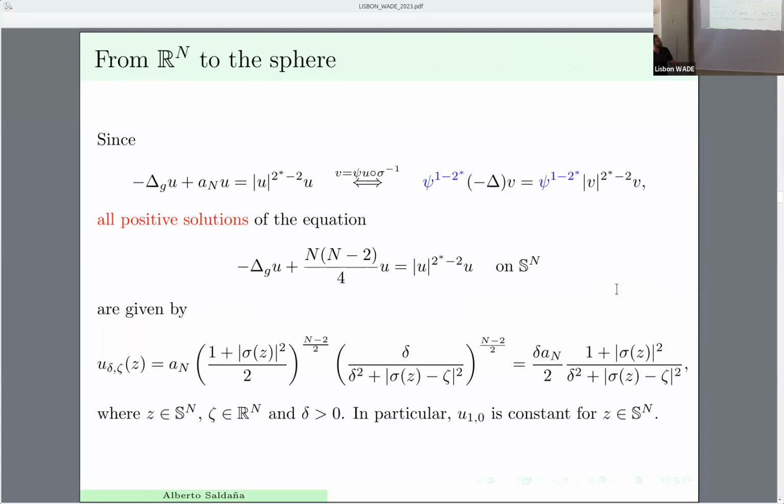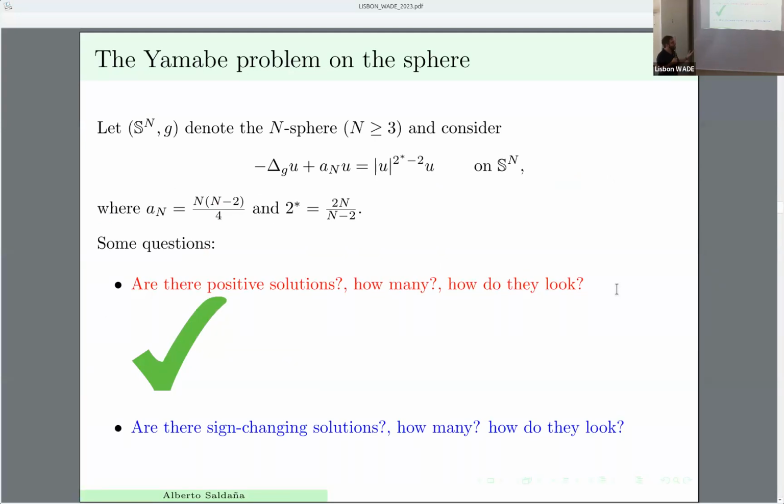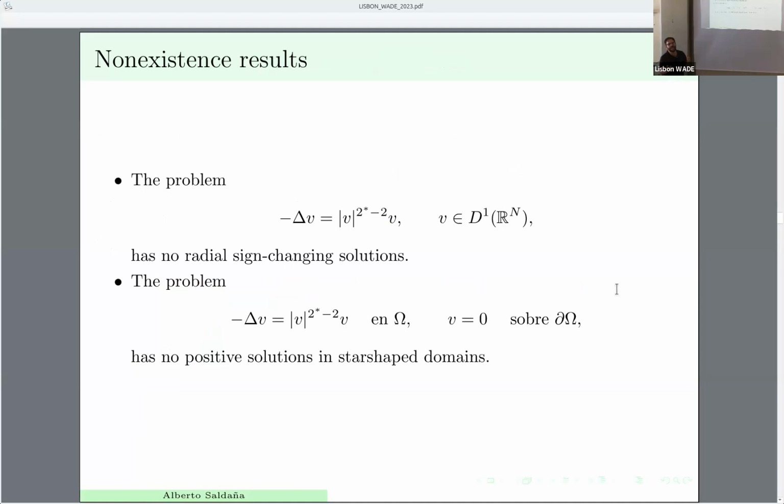So then all solutions of my equation on the sphere are going to have the shape of the solution that I would have under this construction that I did, that was establishing the link between these two equations. So we have characterized all positive solutions. Now we can ask, what about sign changing solutions? Are there any? We already know that we won't find radial solutions, but maybe we can find other types of